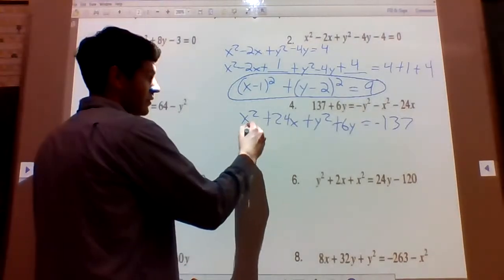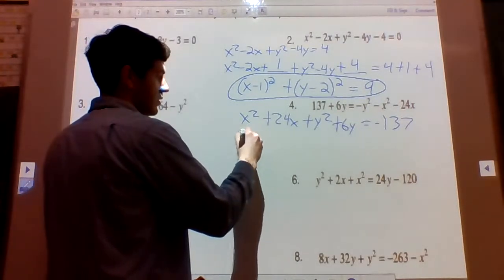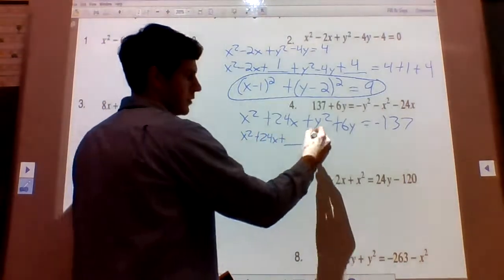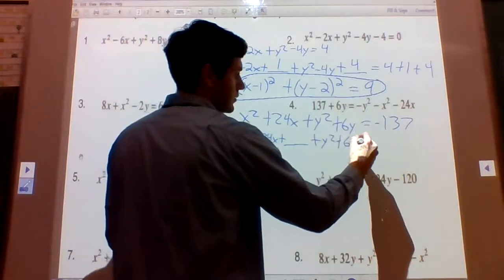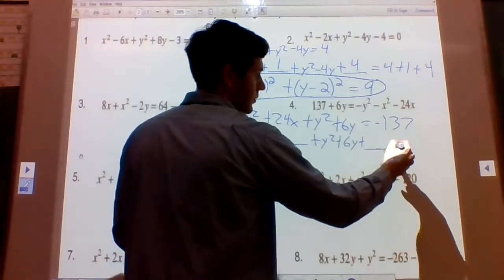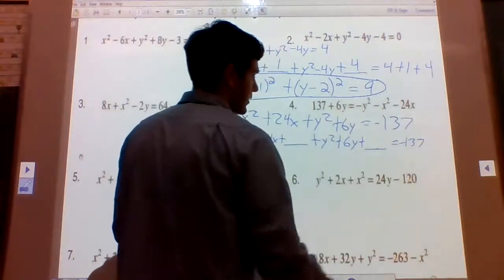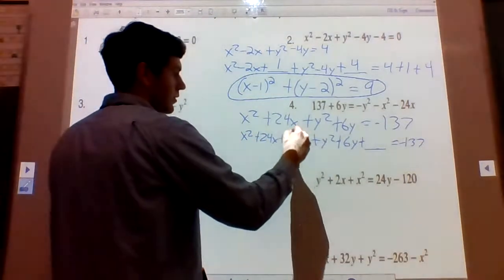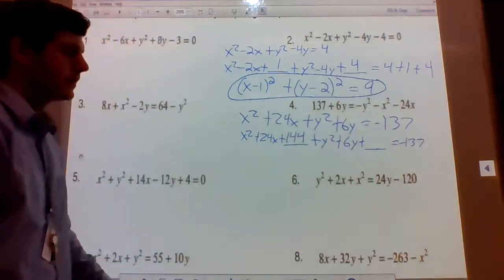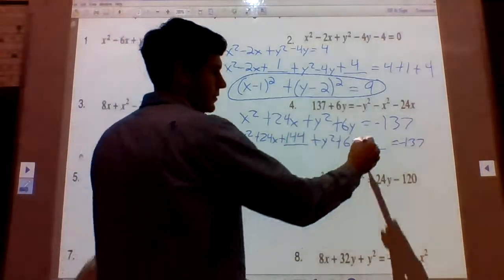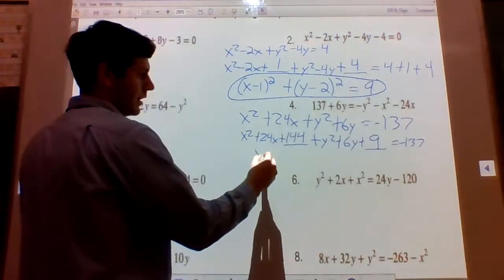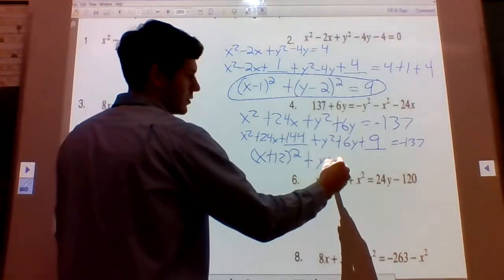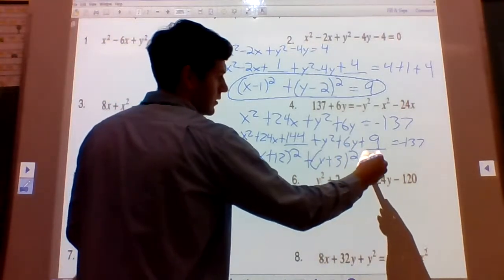So it's going to be x squared plus 24x plus some number plus y squared plus 6y plus some number equals negative 137. So divide 24 by 2, that's 12. 12 squared is 144. 6 divided by 2 is 3. 3 squared is 9. Okay, so we're going to have x plus 12 squared plus y plus 3 squared equals,